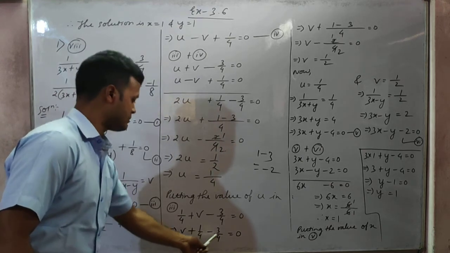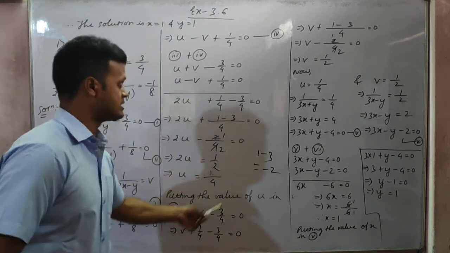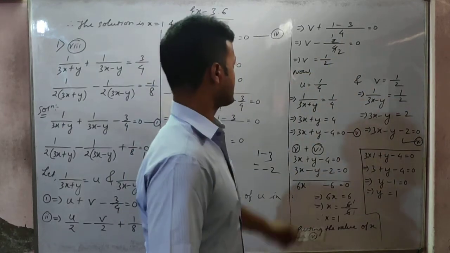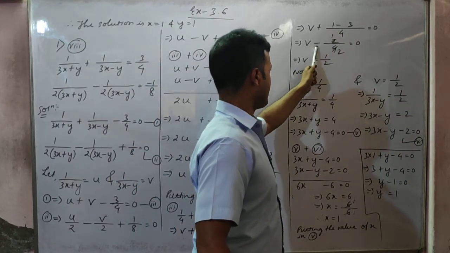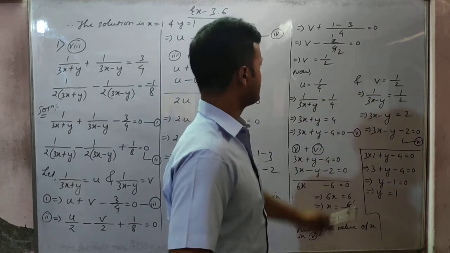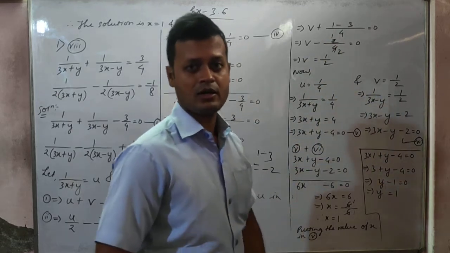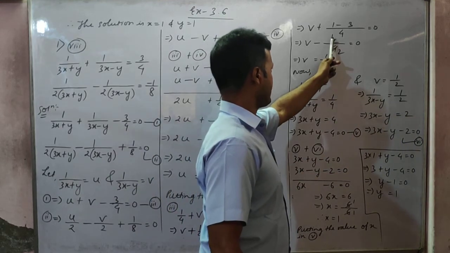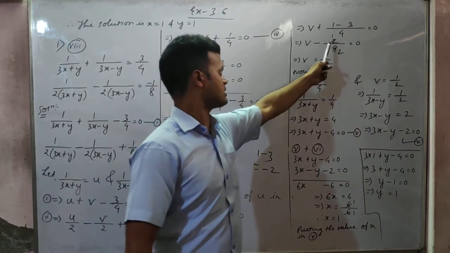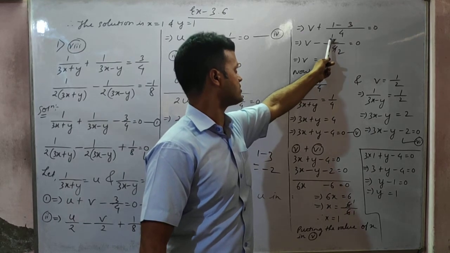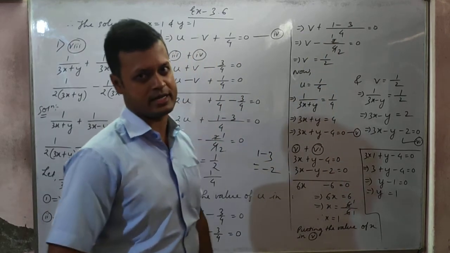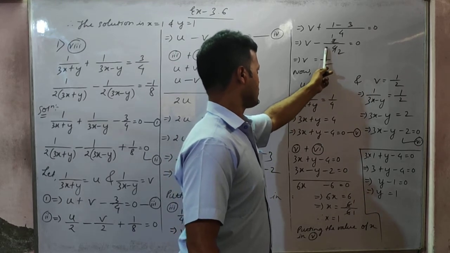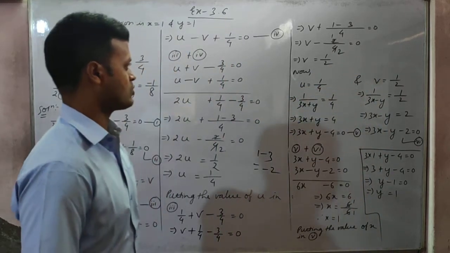The 4 and 4 LCM you take. 4 and 4 LCM is how much? 4. Above I will get 1 minus 3. 1 minus 3 is how much? Again minus 2. And minus plus will become minus. So it will become 2 by 4, isn't it? 1 minus 3 students. 1 minus 3 is how much? Minus 2, no? Because of this minus sign only, minus plus, I got minus directly. Okay. So with 2 I cancel 4 2 times. 1 by 2 is here. 1 by 2 I will take to the right hand side, it will become plus 1 by 2.